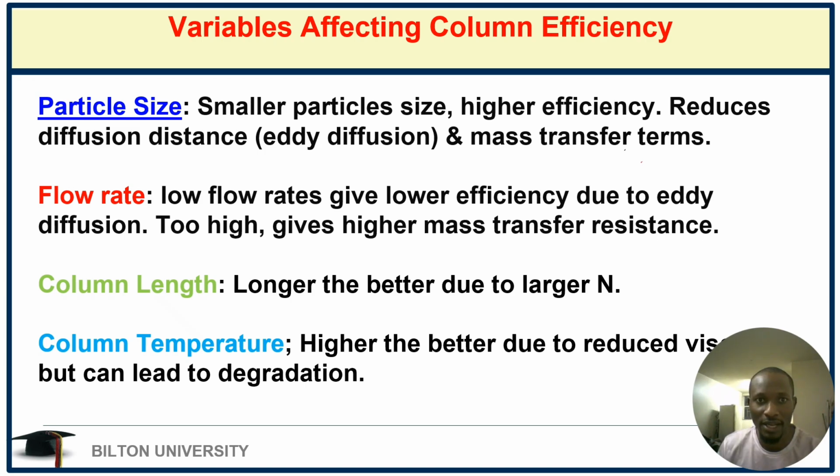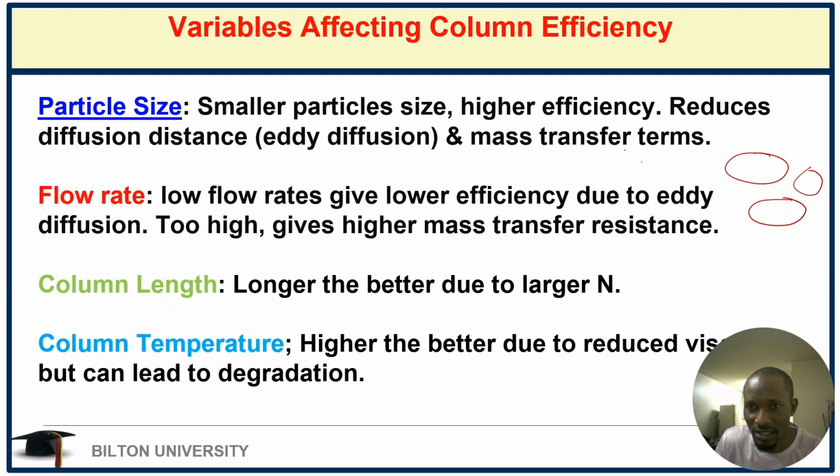So let's still look at the variables affecting column efficiency. Let's look at the particle size, okay? The smaller the particle size, the higher the efficiency, because it's going to reduce diffusion distance like eddy diffusion and mass transfer terms. So remember, in the previous slide, we talked about particle size. You can have particle sizes like this, okay? So you can have particle size like that, okay? Let's say another one here, okay? And then